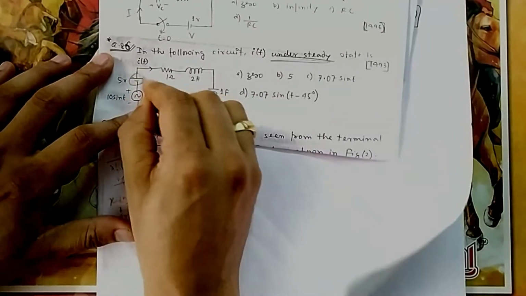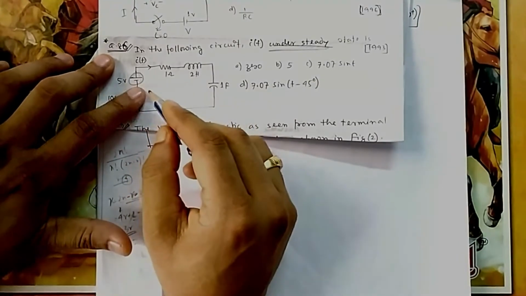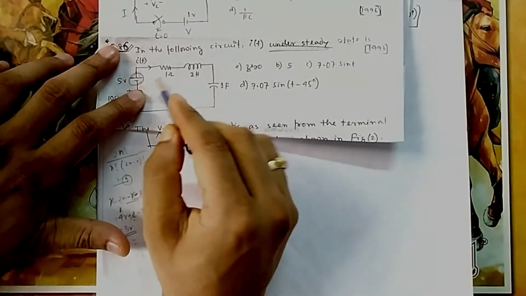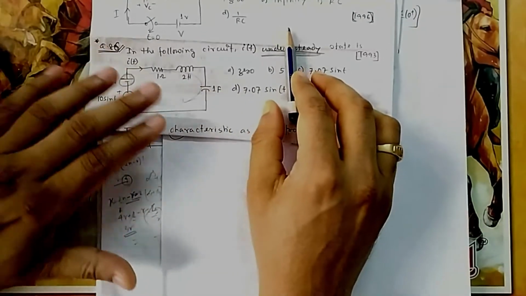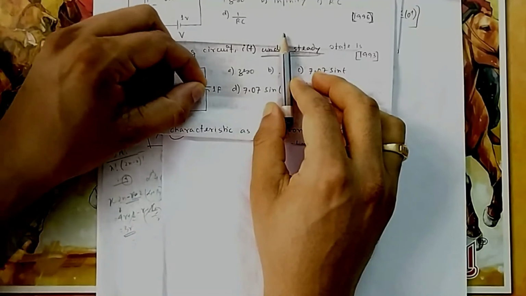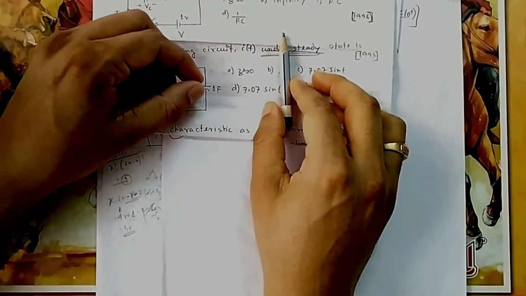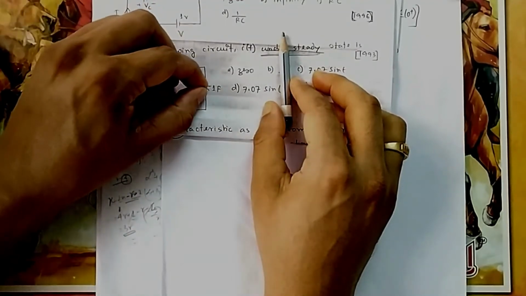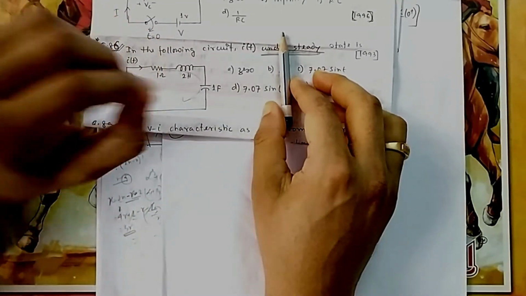Now if you give a DC source, forget about AC, there are two sources. We can use superposition. You give one by one. Suppose I am forgetting this and giving only the DC source, for infinite time. Initially the capacitor looks like a short if you give a sudden supply, and gradually it opens, because as the charge builds up, the voltage across it builds up, and it doesn't allow further current to flow, because it has already stored its amount.